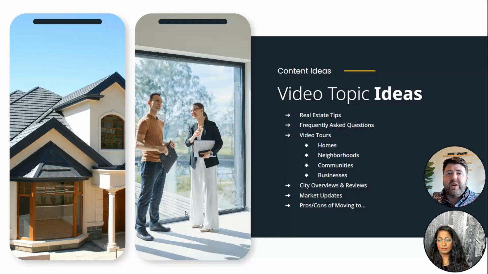So get some footage of the neighborhood, maybe tour one home for sale in the neighborhood, and do that for each neighborhood that's popular in your area. You can do community tours, maybe something really close to us that's popular. It's called Katy Asian Town. It's a shopping center with H Mart, which is an Asian grocery store that's super popular here that everybody goes to. And there's about 30 restaurants in the shopping center, between boba tea and all of those things.